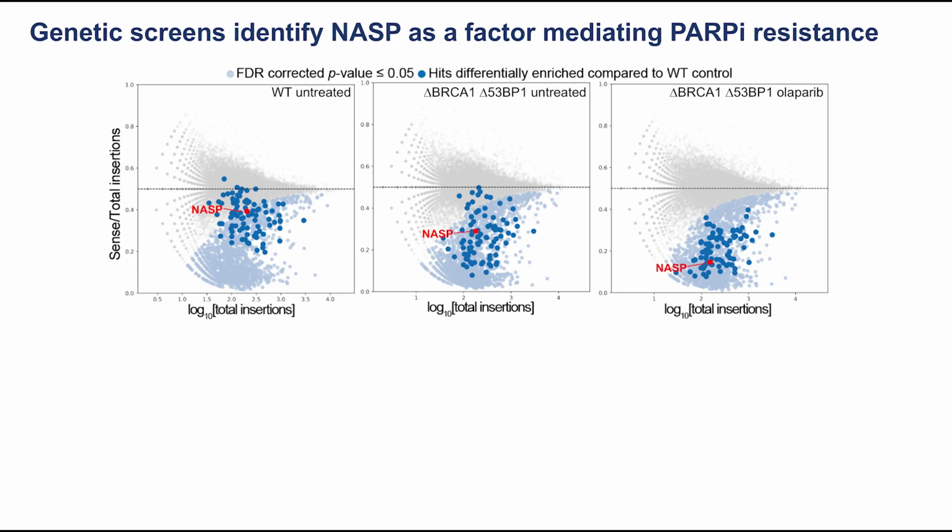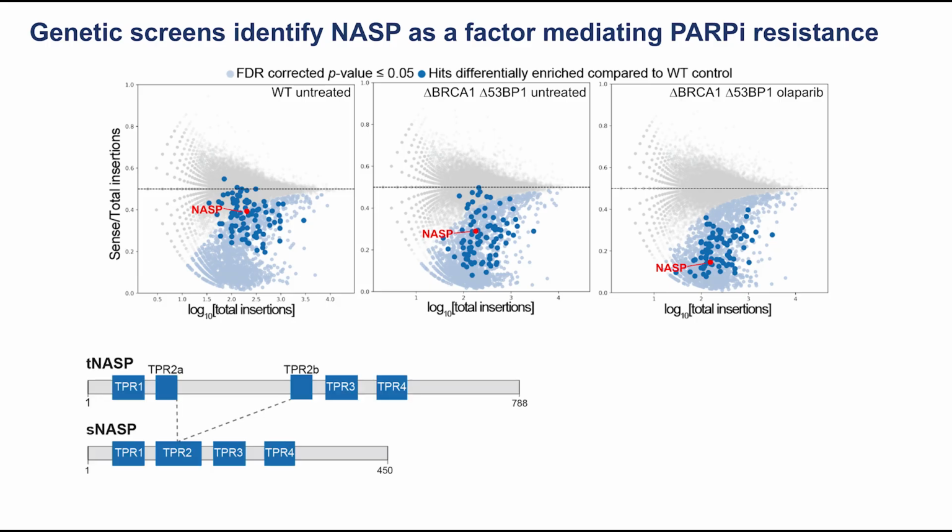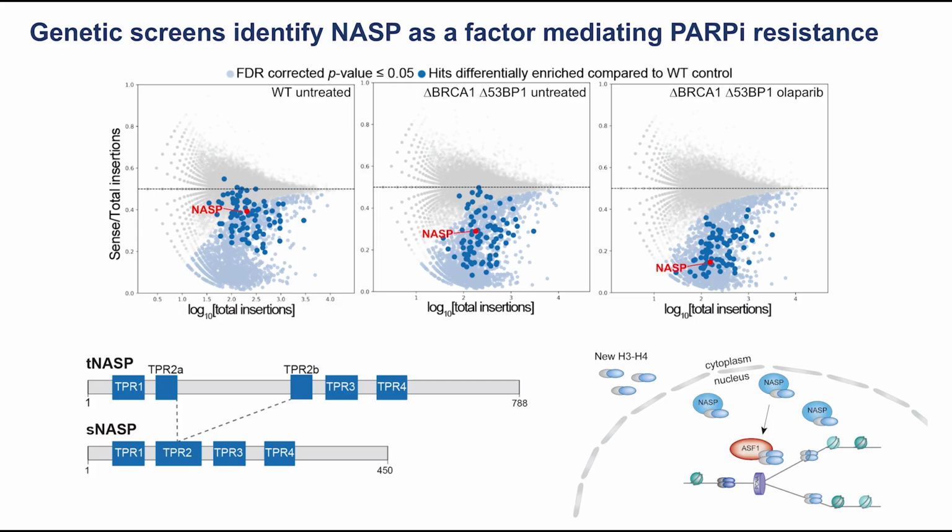NASP, which has actually been shown to be a histone chaperone. Looking at the function of NASP, NASP actually exists in two isoforms within the cell, and this mainly consists of TPR repeats which bind histones at different affinities. And its canonical role: once you have synthesis of new histone H3, H4, it's shuttled into the nucleus. NASP serves as a storage factor to keep these histones soluble and stable until they are needed by the ongoing